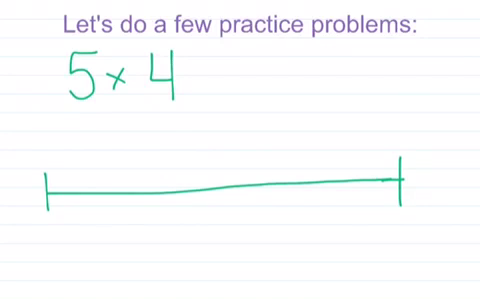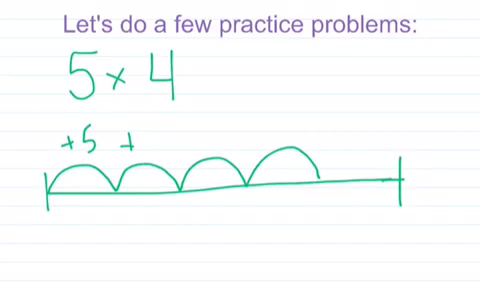So for this problem, I've decided that I'm going to do a number line. I'm going to count on a number line with mine. So I'm going to show some visuals for this one. So we'll do 5, 10, 15, 20. So I'm going to show my 5 4 times. So plus 5, plus 5, plus 5, plus 5. Okay,